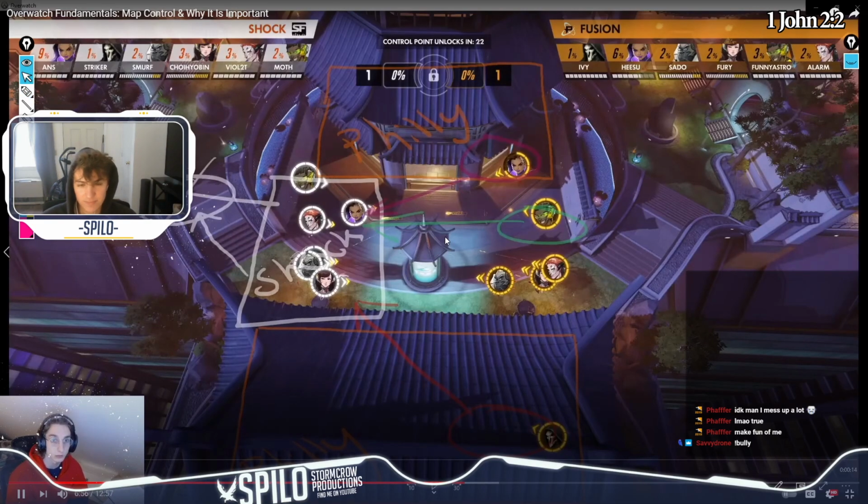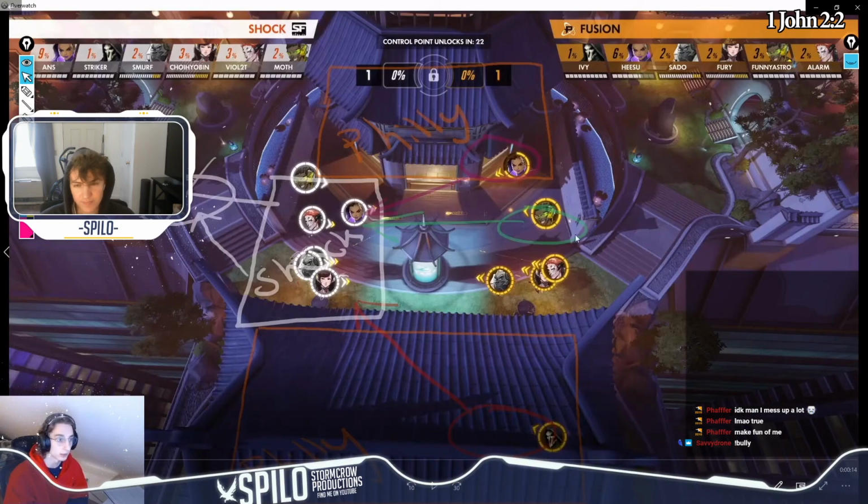It then also provides them with options. If they want, they can all stuff into Dojo. If they want, they can all go here. If they want, they can take a front-end engagement and just roll Shock with these angles. They also have angles, so now they're pressuring here, forcing this Diva to make a choice: do I want to DM the Sombra? Do I want to DM the Reaper? Do I want to DM these guys? As well as giving the Moira the option: do I want to right-click this? Do I want to right-click core? What do I want to do? Lucio, do I shoot these guys? Do I shoot Sombra? They're faced with these...